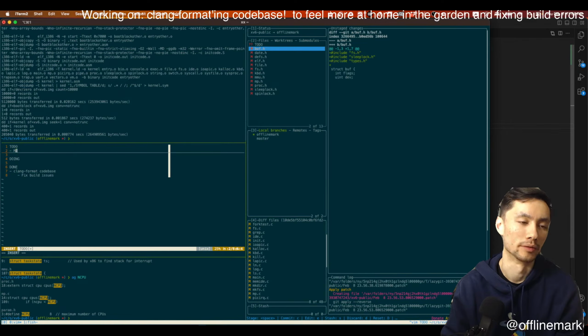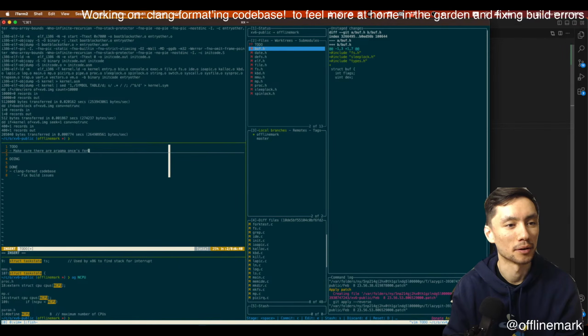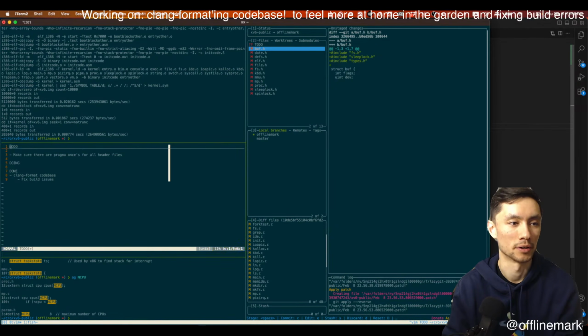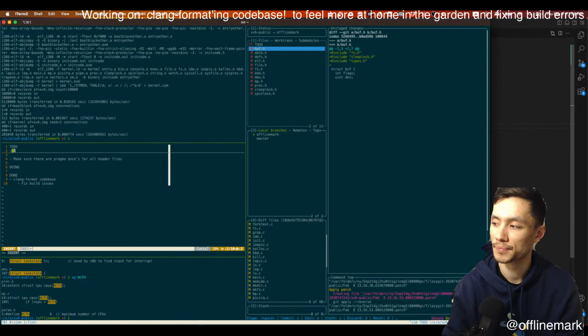But what we've learned: make sure there are pragma onces for all header files. That's a good next up task. A bunch of other stuff I want to do is a cleaner directory structure.